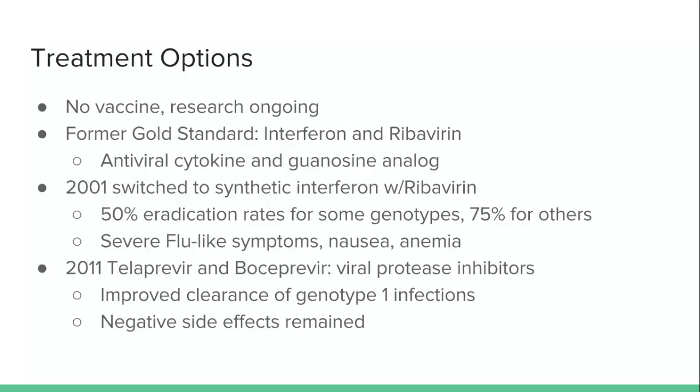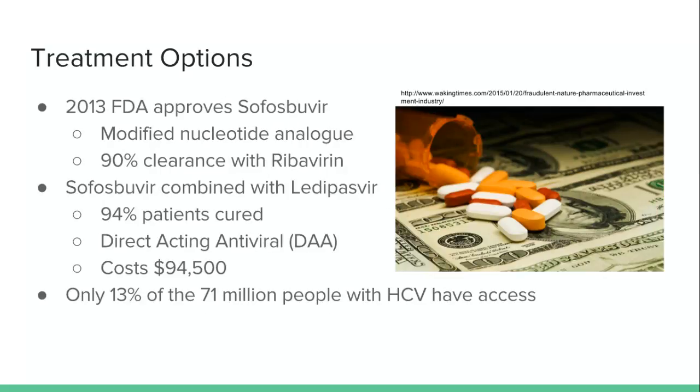In 2011, viral protease inhibitors were implemented. The two of note were telaprevir and boceprevir. Now, these had a much higher improved clearance for genotype type 1 infections for hepatitis C, but unfortunately they did not do anything to curb the negative side effects. So fast forward to 2013, the FDA approves sofosbuvir, which is a nucleotide analog that was modified so it could